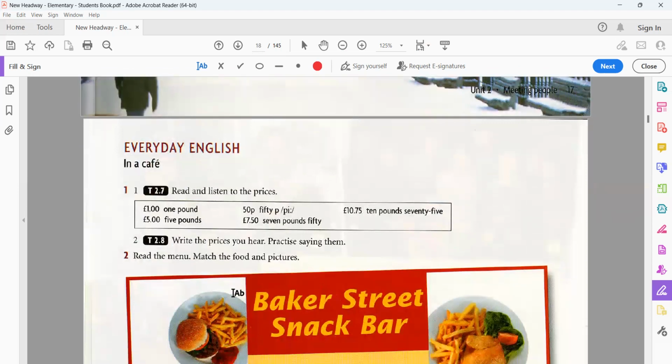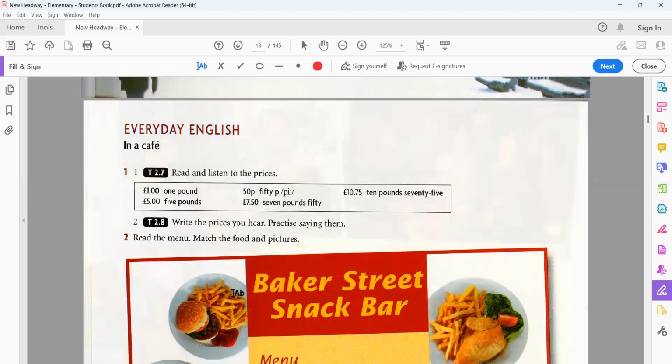Now, everyday English, and we are in a cafe. Before we go to talking about cafe, we have some prices here, and this is English pound or sterling pound in Britain or in England. This is £1, 50p, £10, 75, £5, £7.50,